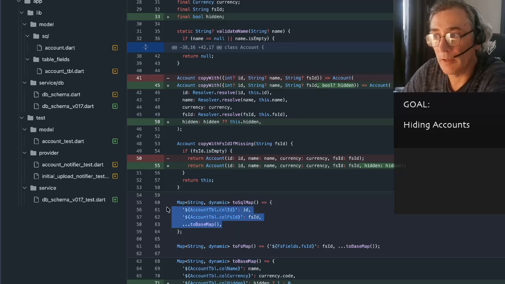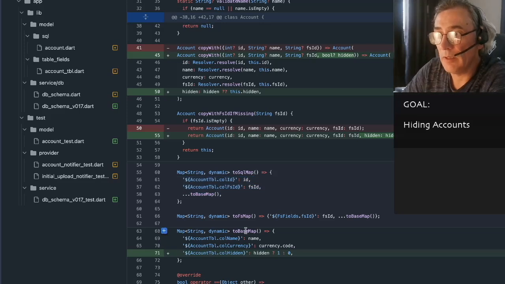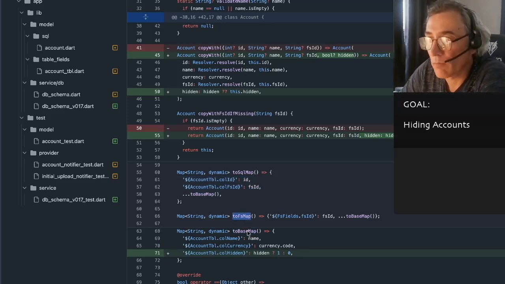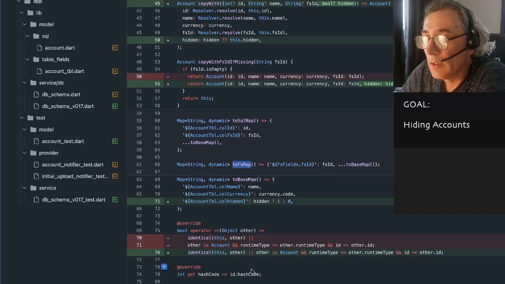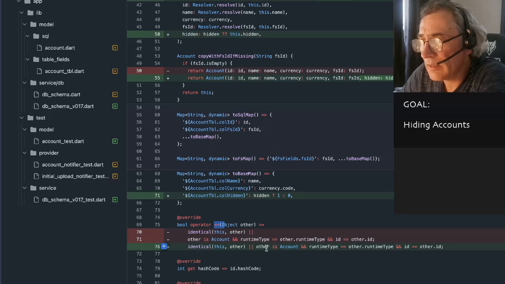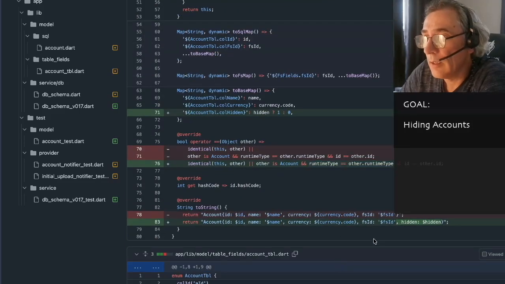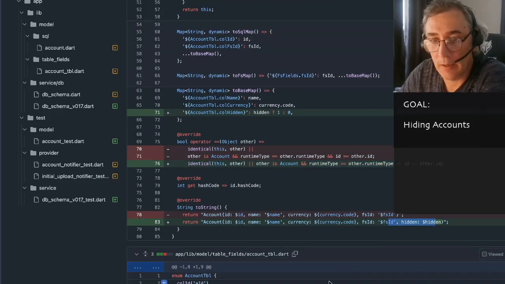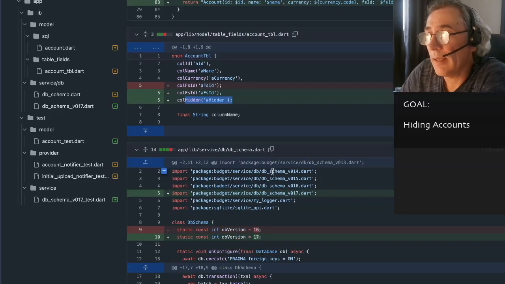Spread with some additional fields is because the same is used to go to Firestore map, but the fields are slightly different. Then the operator equal, this is kind of unrelated, it's just checking explicitly the class, even though the type is already checked here. We add to the toString the hidden property. Then here we add to the enum the hidden field, and then the schema